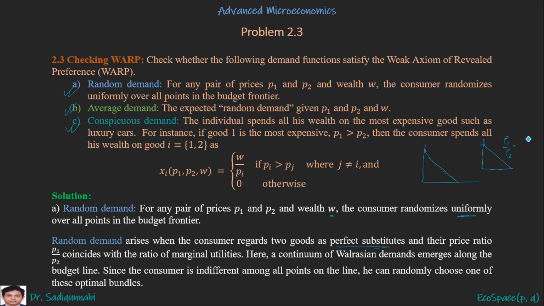So when we solve the UMP, we obtain a straight line, I mean a demand curve like this. And if the price ratio equals the marginal utility of x1 upon the marginal utility of x2,